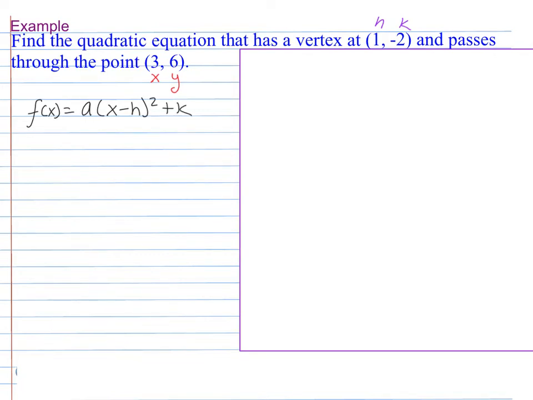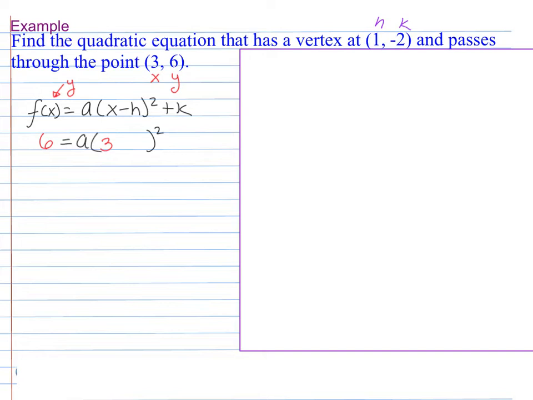You have every single value except your a, because f of x is technically a y. So when we substitute our values in there, we're going to have that f of x is a 6 is equal to a parentheses. Your x value would be 3